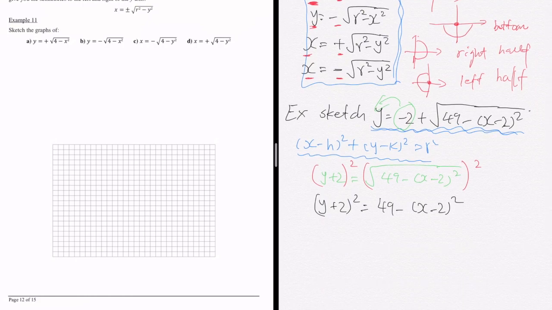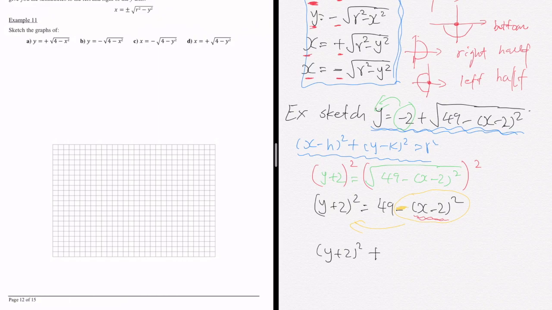Okay, and then you see that whole lot, so look at this bracket as a whole lot, x minus 2 squared. Okay, so now you'll have minus (x minus 2) squared, so then move it to the other side. It's minus, now you plus. So that will become y plus 2 squared, plus,